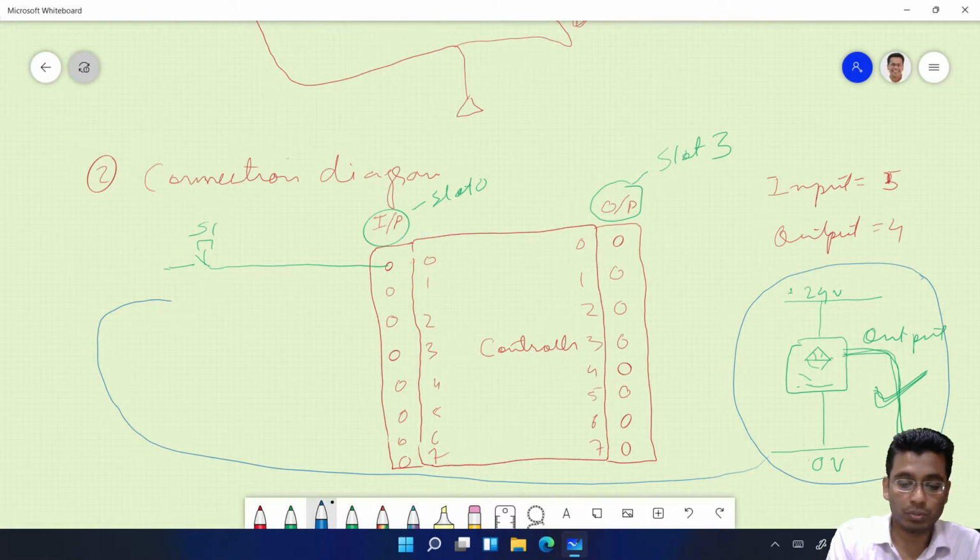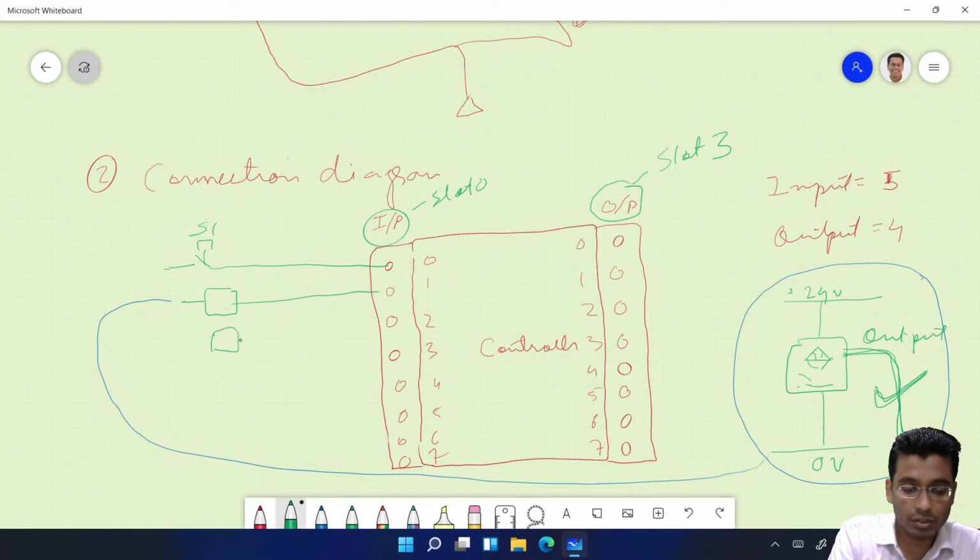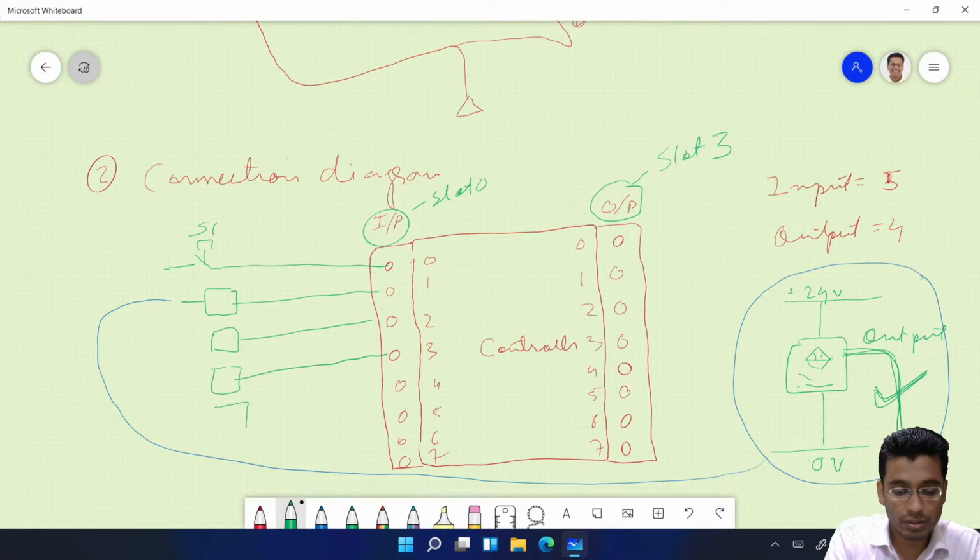Since these lines are going to be very close, I am not drawing all of it, just a box where all these things are there, and its inputs here. Fine. So 1, 2, 3 and 4.